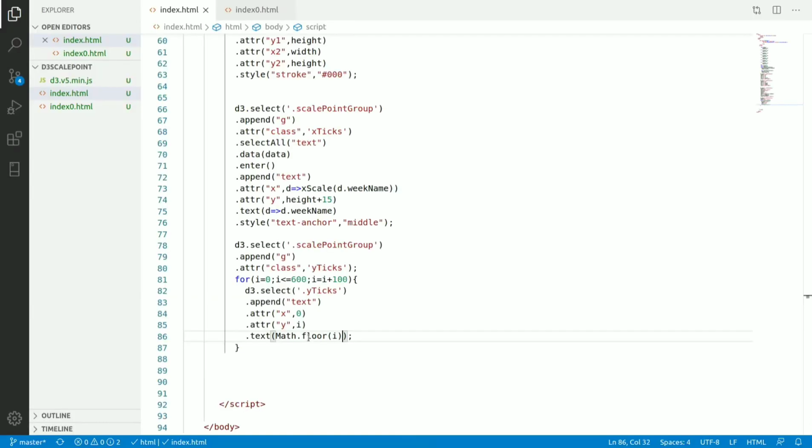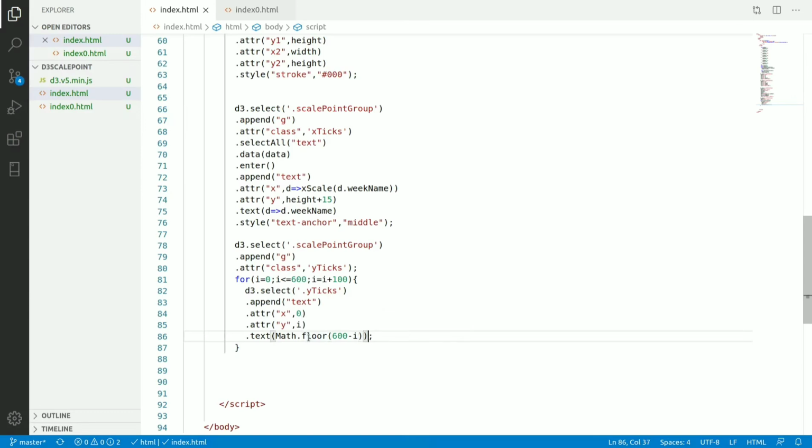So what happens here? 0 to 600. I want 0 at the bottom, so 0 to 600 is available.